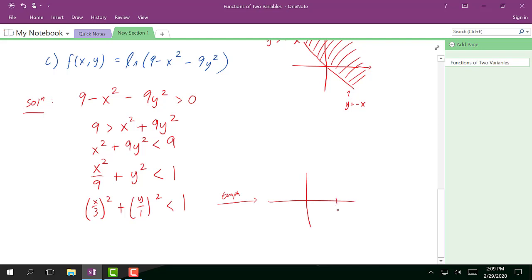And so I'm going to go out 3 units in the x direction and then I'm going to go up and down just 1. And again, I get these numbers by looking at the fact that I divide x by 3 and y by 1. So what I get is something like this. Looks kind of like a football or an almond. But basically,